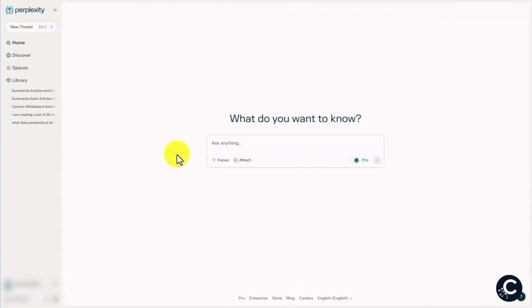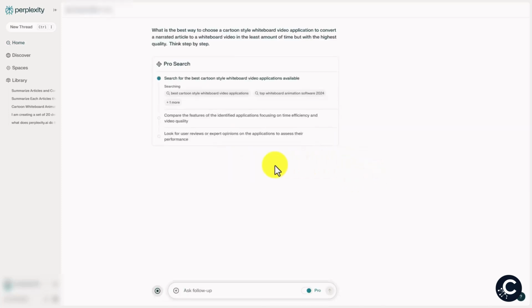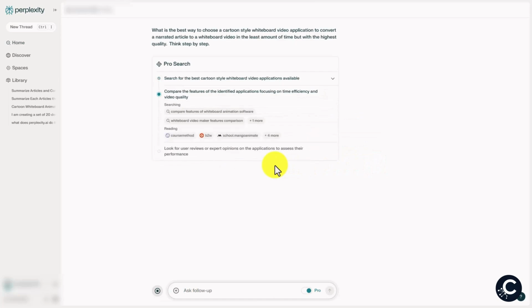Since you have access to multiple models in the Pro version, you'll want to determine which one suits what it is that you are trying to do. One of the ways that you can do that is to write in your prompt to the dialog box. In this case, we're going to use a semi-structured prompt by asking the chatbot to think step by step. We're going to make sure that the focus is the web focus, and we are going to use the default model. We are then going to click enter, and we will allow Perplexity to do the work and then to